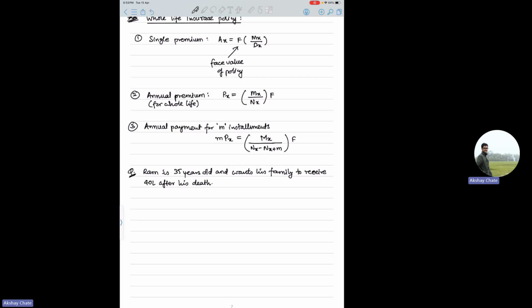Okay. So let's say he goes and buys the life insurance, okay, for whole life insurance. Now first question is, if he wants to do the payment in single premium, how much would that be? So he is 35, so it will be A35. So 40 lakhs is the face value, and you need to find M35 by D35,